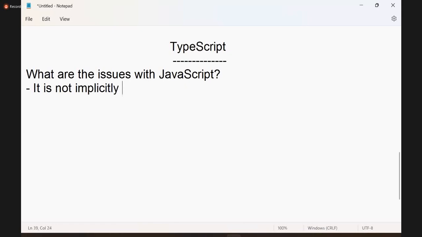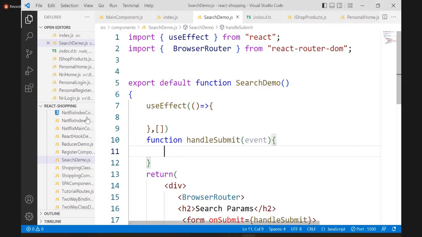implicitly strictly typed. JavaScript is not implicitly strictly typed. Implicitly strictly typed means, for example, suppose see here,